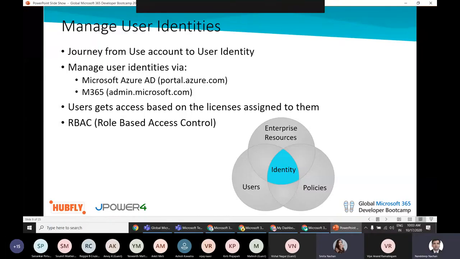In Microsoft 365, we have users and we have our enterprise resources in terms of apps and services. Users need to use these resources to perform their tasks, but every user in the organization cannot have access to each resource available in the enterprise. It is obvious, and to handle this we have policies. With the policies we can define who can access what, and this makes up the identity of the user. That means, as a user, which resources he or she can utilize by respecting the defined policies.